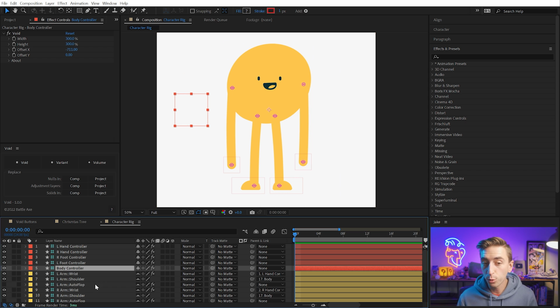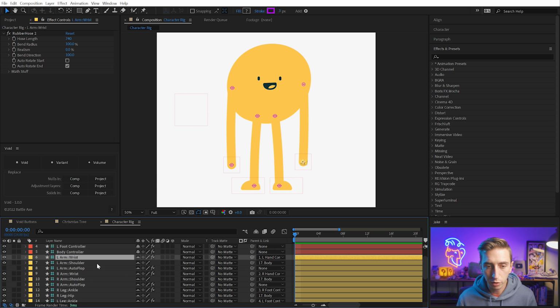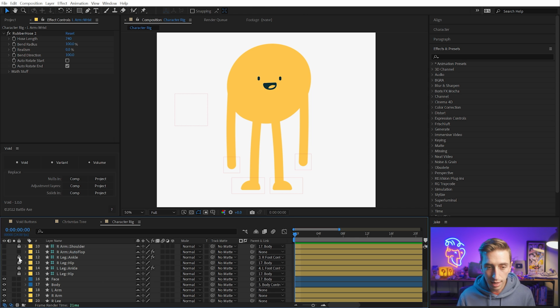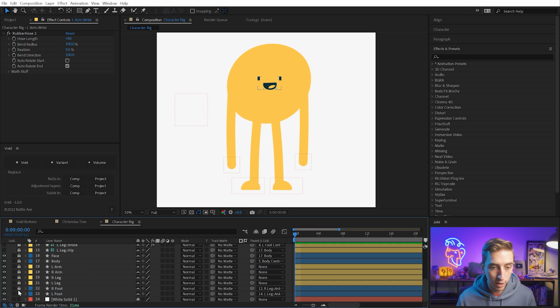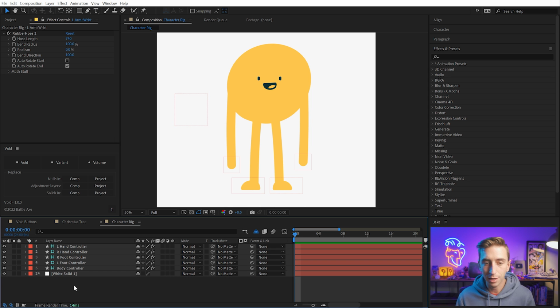Now that I have controllers for everything that I need to be able to control, I can take all of these other controllers like the wrist, shoulder, ankle, hip, and I can disable their visibility. I don't need to see them anymore. I'll leave them shied and I'll lock them. I'll also lock up these auto flops that are already hidden, lock all of my artwork layers, everything else is shied, so I can click on the shy switch and I'm left with my background and the controllers for the